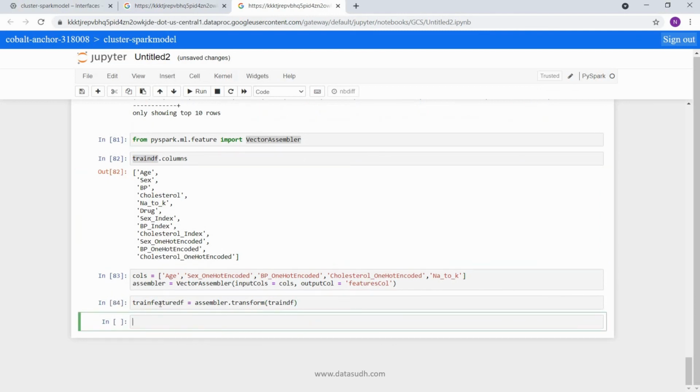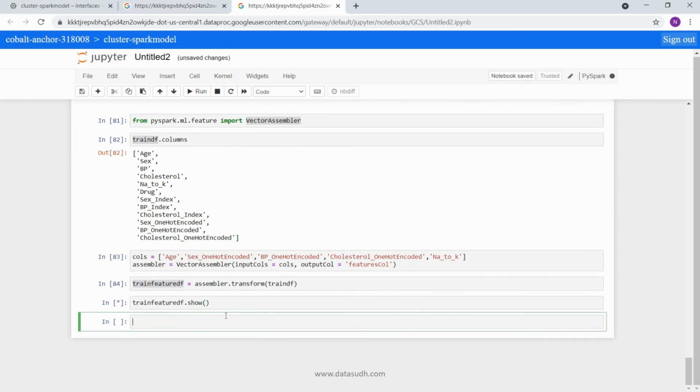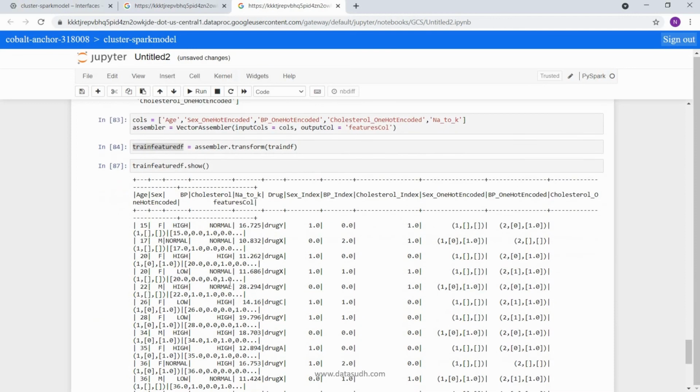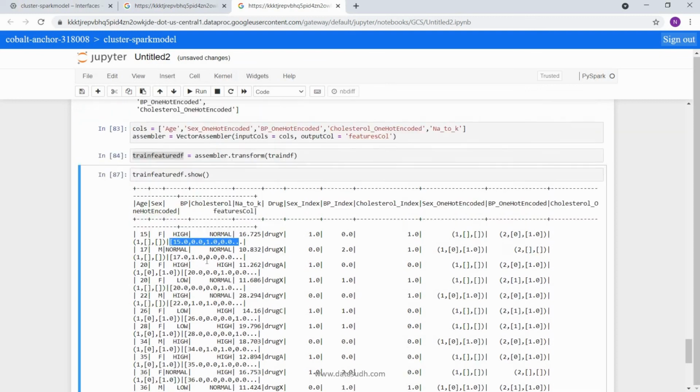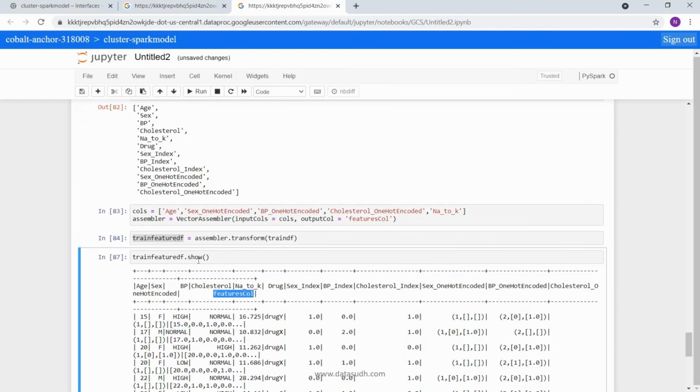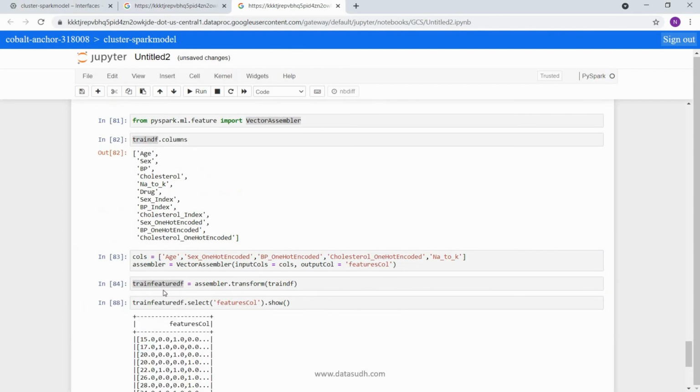Okay, now let's view the data. See, this features column is created and it is a vector. To see it better, let's select this only. Okay, so this is how the feature column looks like.